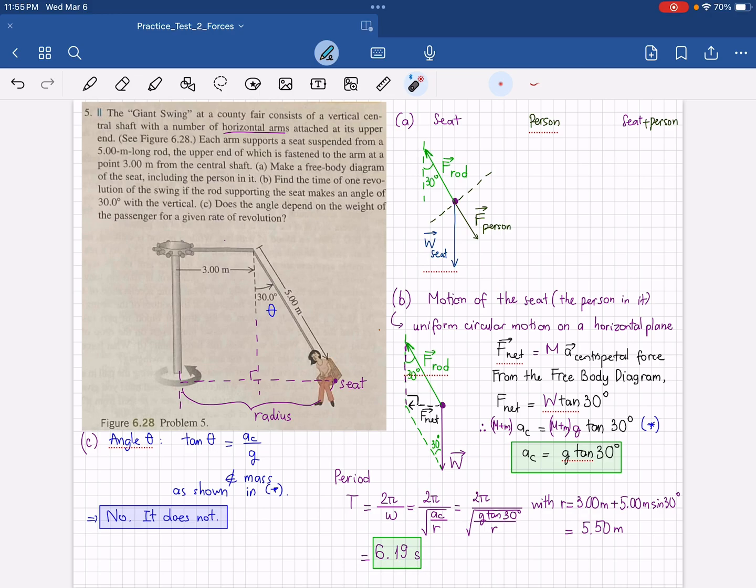Not for me. I'm not a big fan of this game, but I bet that a lot of people enjoy it. Okay. So anyway,